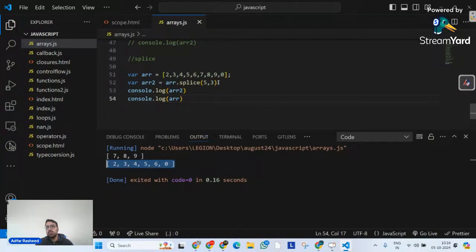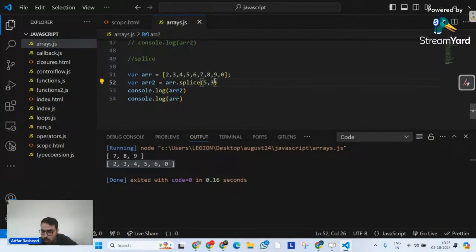Now, there is one another very important update that we have in splice. Splice is not just a method with help of which you can remove any element anywhere. No. But with help of this, you can also insert any element anywhere.